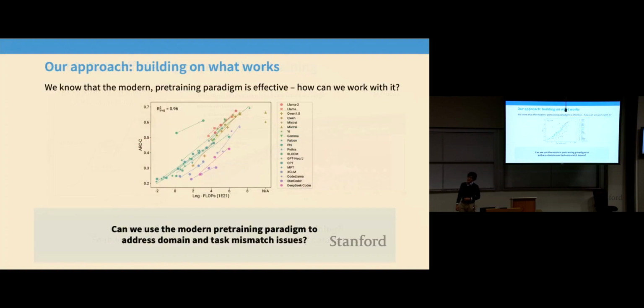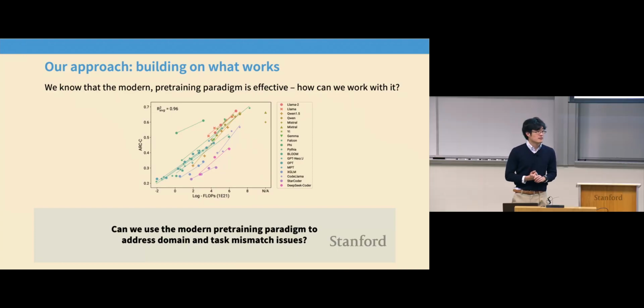So the approach in this talk is going to be a very simple, very direct way of thinking about these problems, right? I'm not going to give you a deep algorithmic innovation. I'm going to play it safe. What I'm going to do is use the current, very effective paradigm. And what is that? That's just pre-training big language models at scale. We know that works. I'm not going to change that, right? But I'm going to try to combine that with some very simple ideas to improve upon those two things that I talked about before.